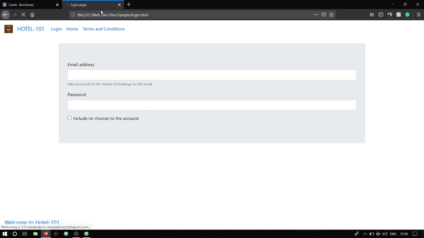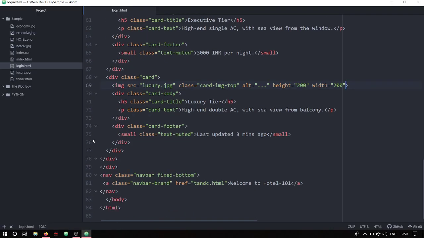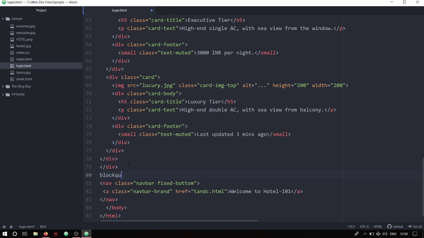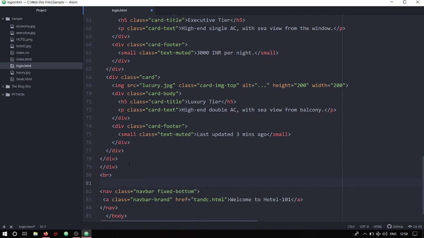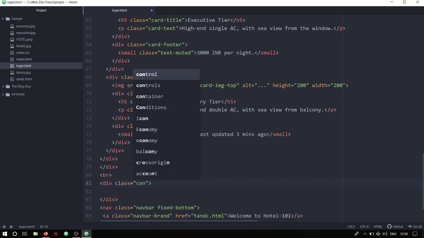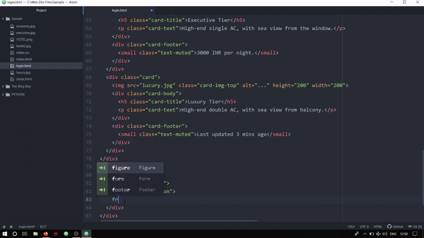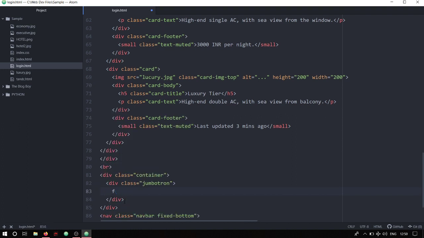My internet is quite slow, so it's going to take time to load. So let me add some elements before that. I'm going to go back and give a break line tag, and I'm going to give the same container and jumbotron nested classes like we did last time and in the previous part as well. And I'm going to create a form of class